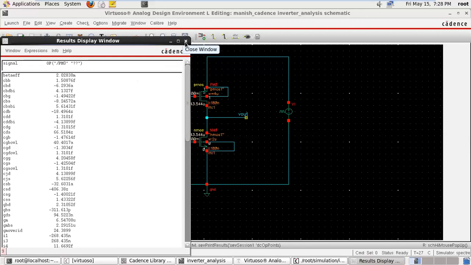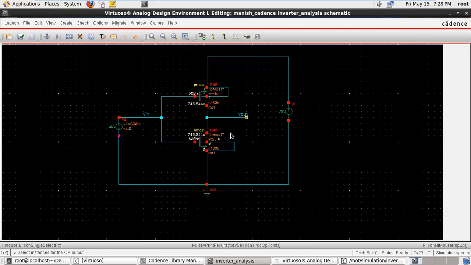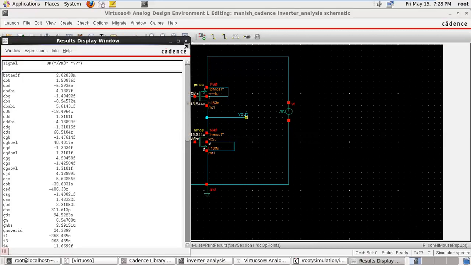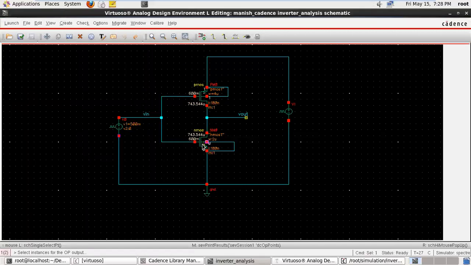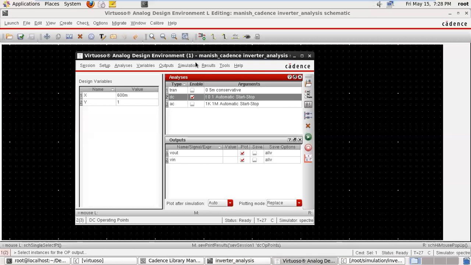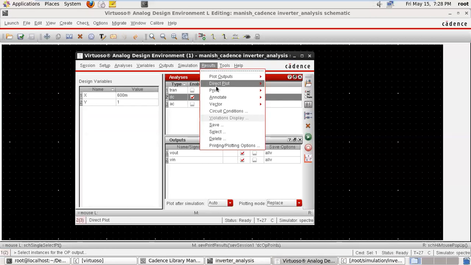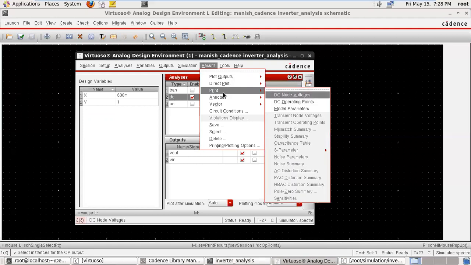Now we are closing this window. If we select this transistor, these are the parameters of my PM0, the PMOS transistor. Press Escape, then Results, Direct Print, DC Operating Point.